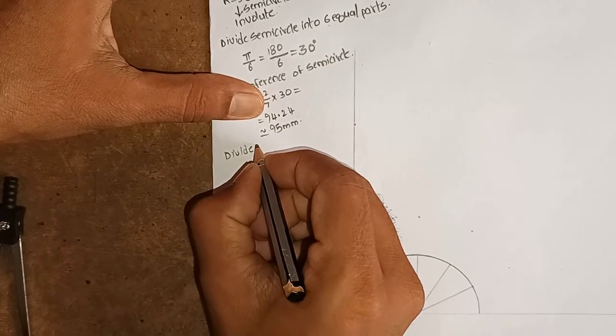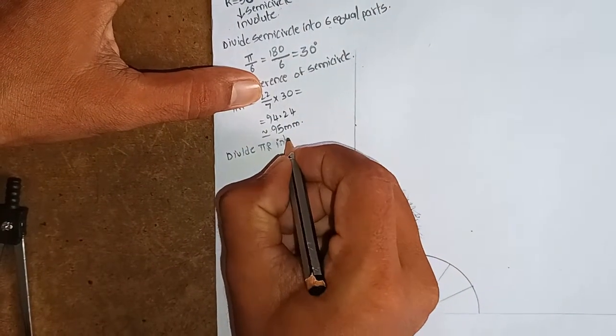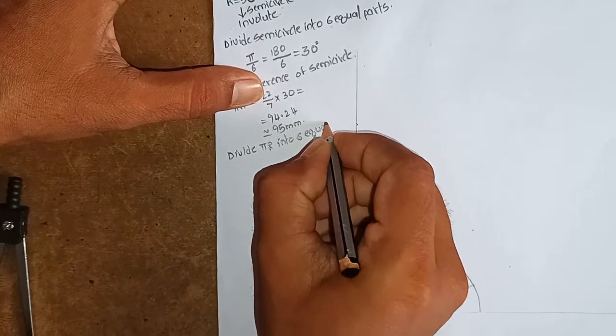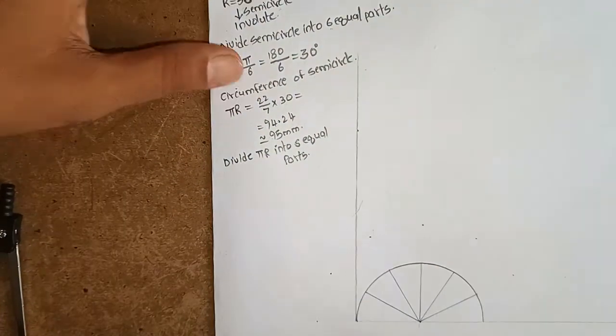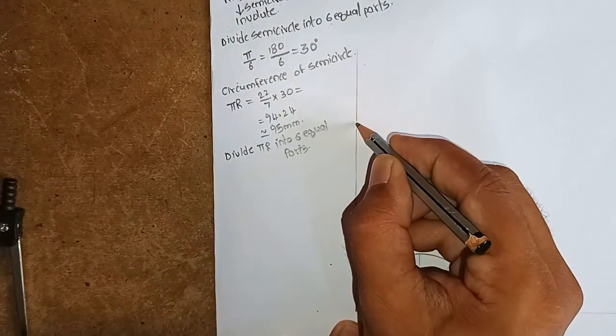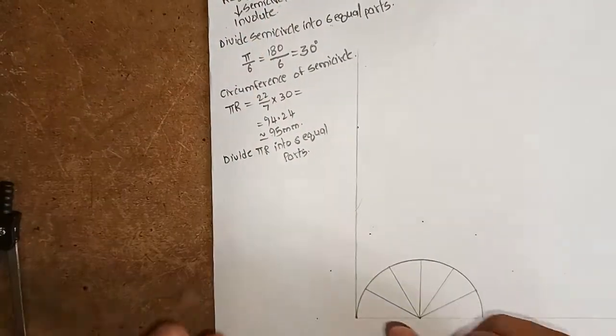Now we have to divide that line into 6 equal parts, students. Since we made a semicircle and divided that semicircle into 6 equal parts, we have to divide that line into 6 equal parts. Okay,